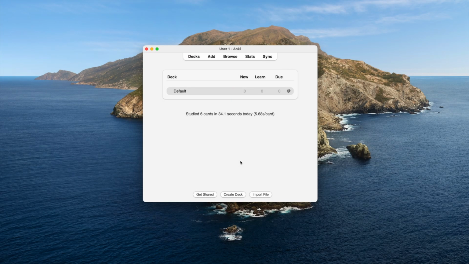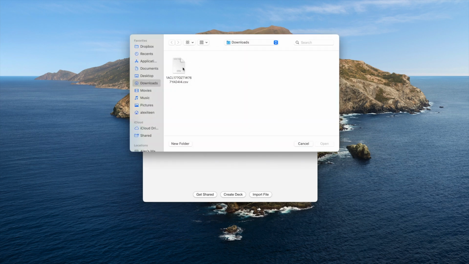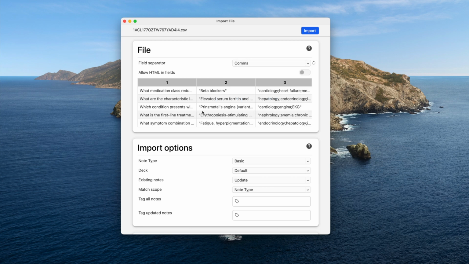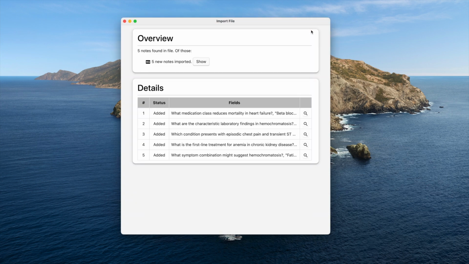So let's go over how to import that file into Anki as usable flashcards. So if you open Anki and hit import file and open whatever you saved it as, you'll get this screen here. Now there's one important change that you need to make in the field separator to format them correctly from the spreadsheet file that got downloaded. So if you go down from semicolon and change it to comma, these are all now going to be formatted correctly. And if you hit import,